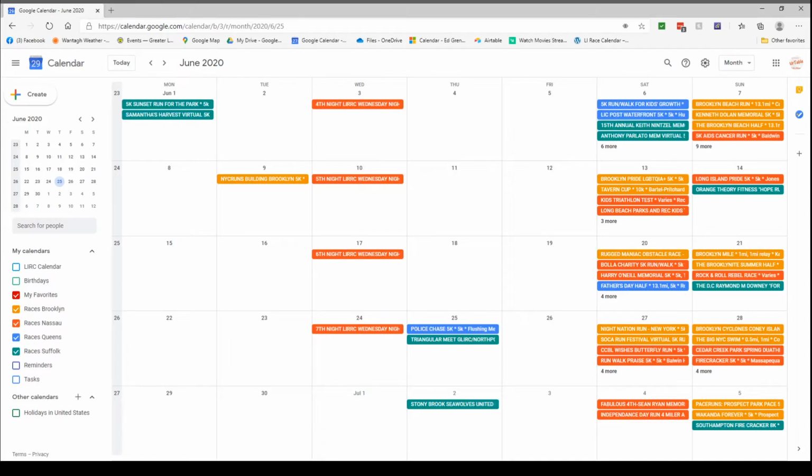You are looking at Google Calendar on a desktop. This is being run in a browser. As you can see, here's the address right up here, calendar.google.com, and you would log into your account, which is up in the top right over here, to see your Google Calendar. What I have done is added in races, 4 different calendars for 4 different counties, which you can